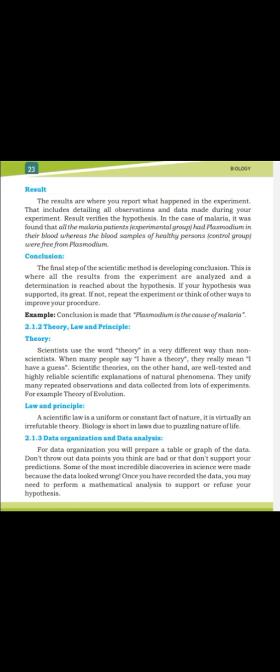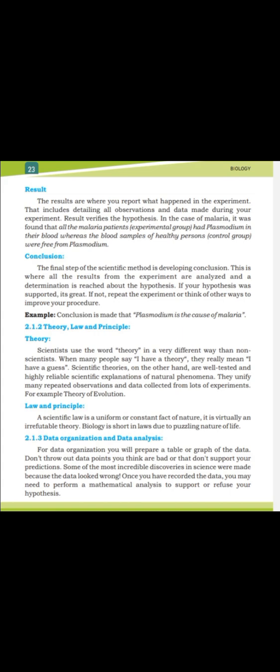After the experiment, here comes the result. Result is the whole report of what happened in the experiment. It is detailed about the data, about the observations on the whole, how many samples and how many malarial patients and how many people were normal. So these are the results, and after results in research,